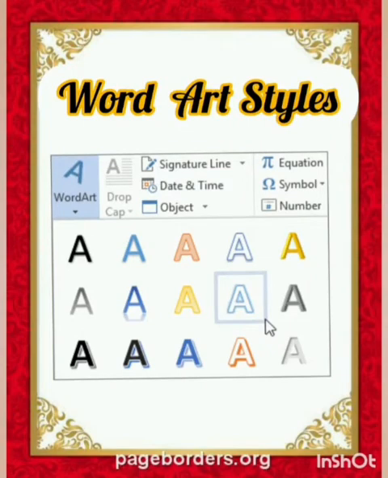Word art styles. Word art styles are a collection of some pre-built text styles which can instantly apply to the text. We can change the appearance of a word art by changing its color, line style, or weight. We can apply a quick style by clicking the More button in the Word Art Styles group. Quick Style is a collection of formatting options that make formatting documents and objects easier.